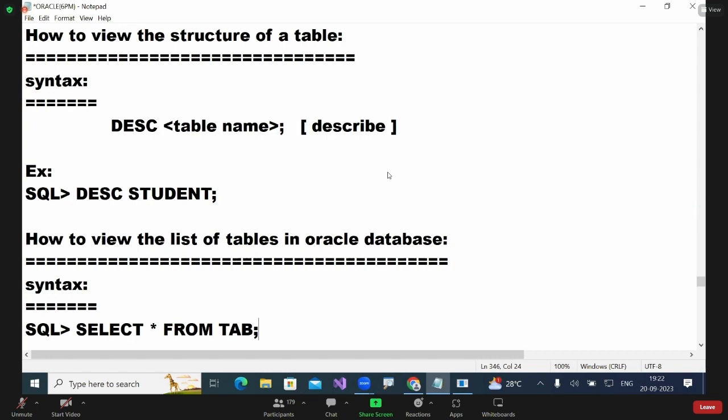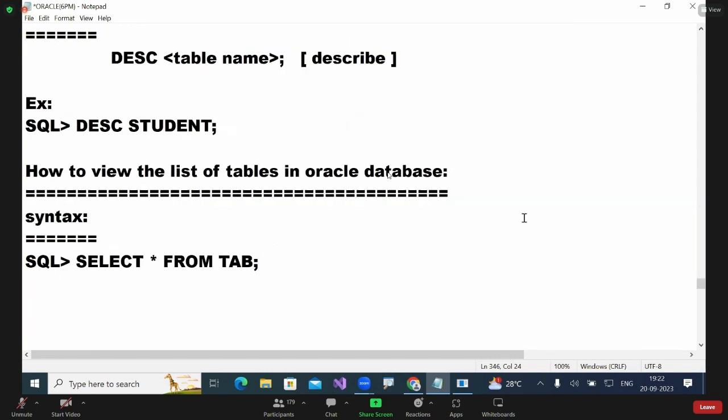Okay, right. So these are today's session: how to create a table, how we can see the structure of a table, how we can see the list of tables. Okay, now